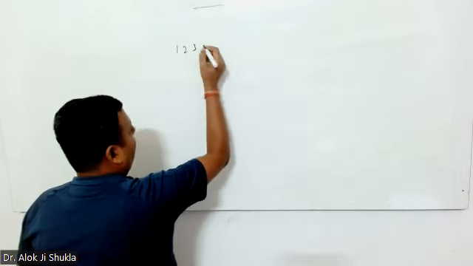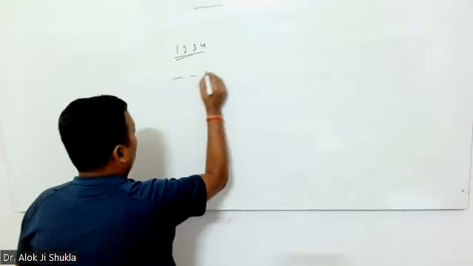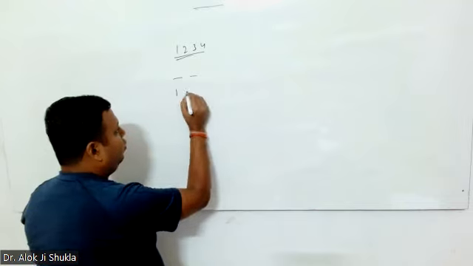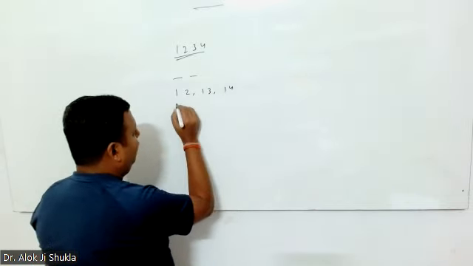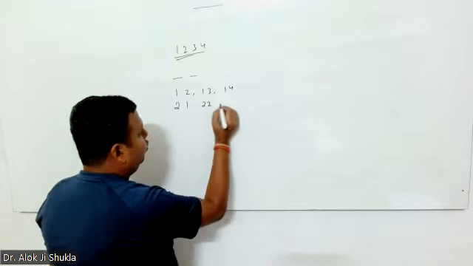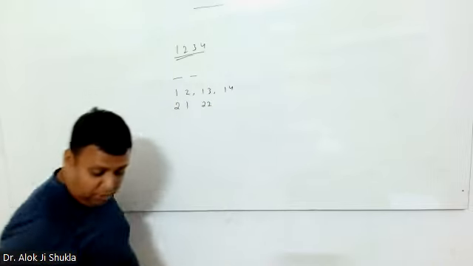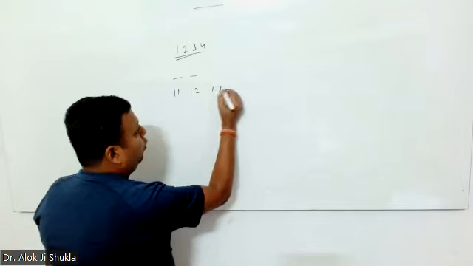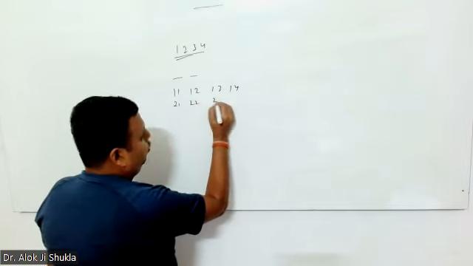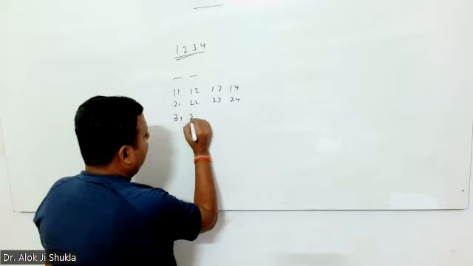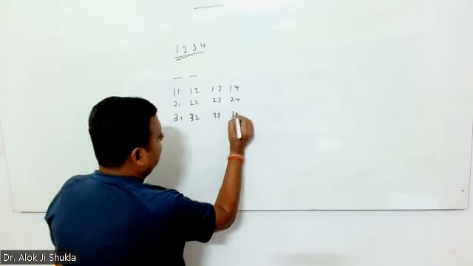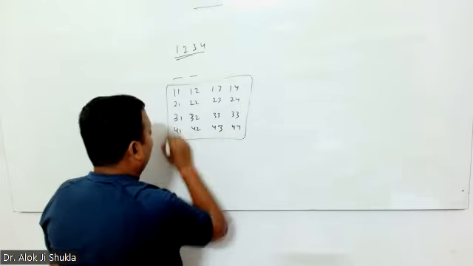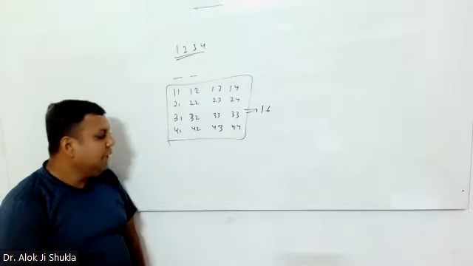1 2 3 4, छोटा सा नंबर ले लेते हैं, ये 4 डिजिट नंबर हैं और 2 डिजिट के नंबर बनाने हैं। तो मैं यहाँ पे 1 रखूं तो 1 2, 1 3, 1 4, 2 रखूं तो 2 1, 2 2, सॉरी गड़बड़ कर दिया मैं, विदाउट रिपीटेशन वाला बना लगा। अगर रिपीटेशन अलाउड है तो 1 1, 1 2, 1 3, 1 4, 2 1, 2 2, 2 3, 2 4, 3 1, 3 2, 3 3, 3 4, और ऐसे 4 1, 4 2, 4 3, 4 4, ऐसे 16 वर्ड हो गए।